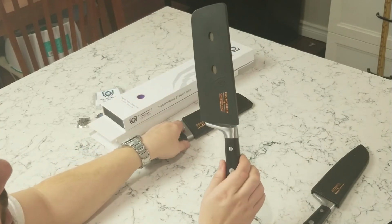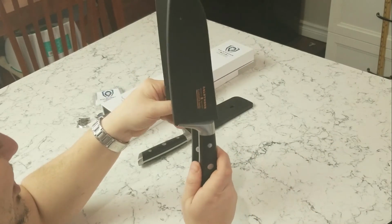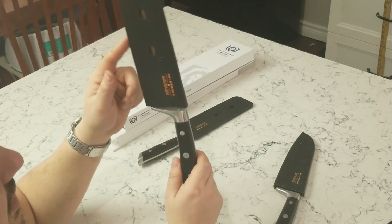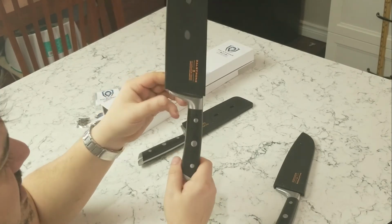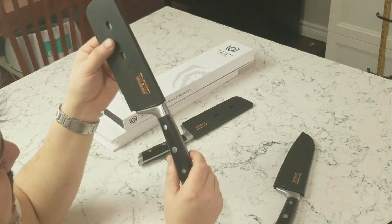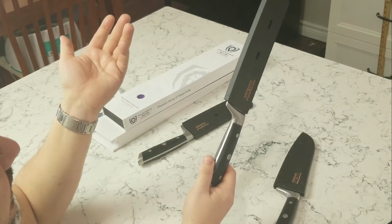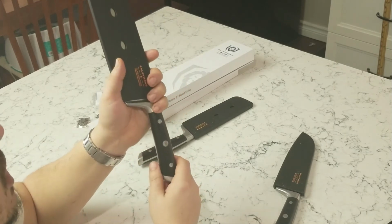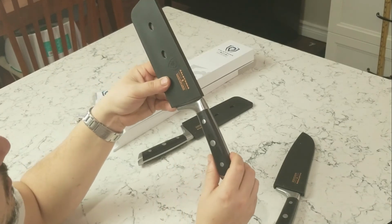And the new one came, and I was already in love with this one so much that this one kind of got put on the back burner, and I really should give it a fair chance now because I've used it a few times. It does stay sharp like everything else. So I would say that they blamed the taking so long on the vast issues of 2020, but